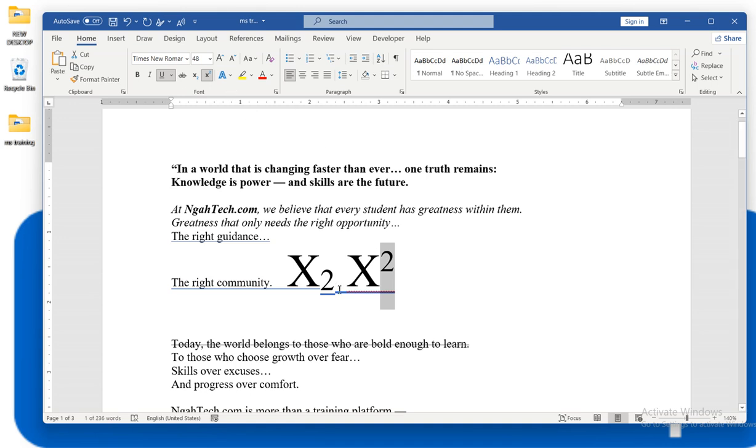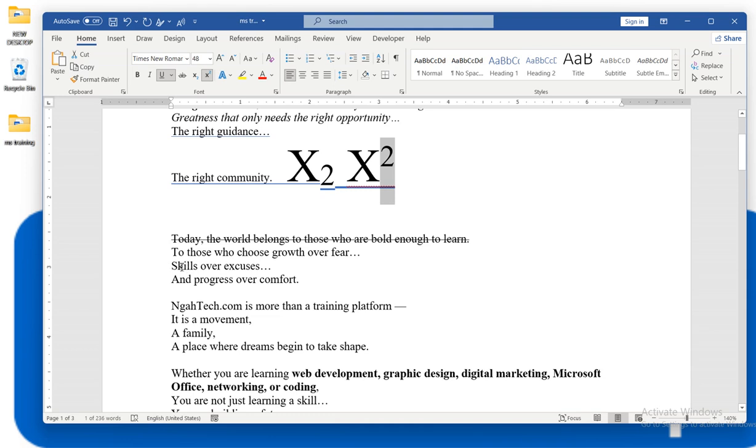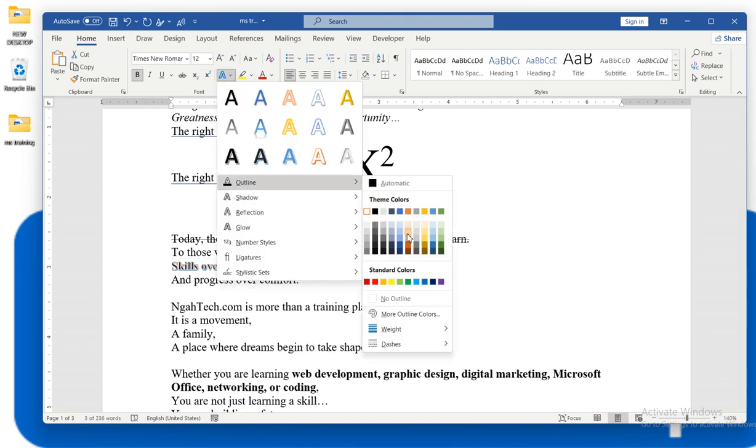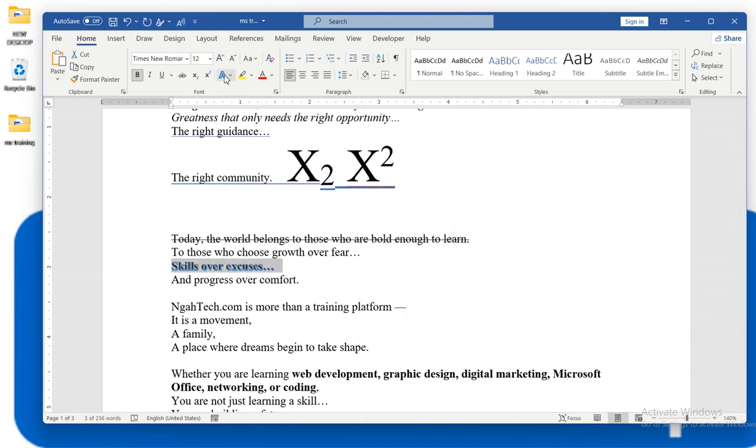Now, if I want to give this next line, skills over success, some styles, what do we do? I can give some styles. I can give some outline, if I want to give some outline, and then